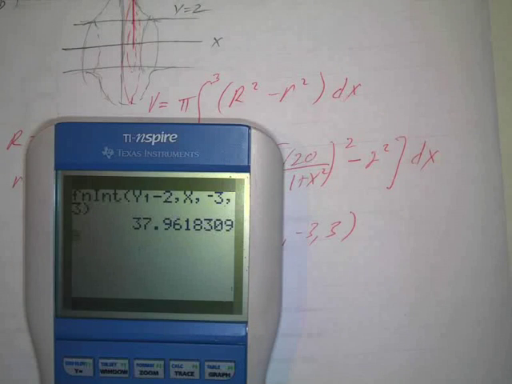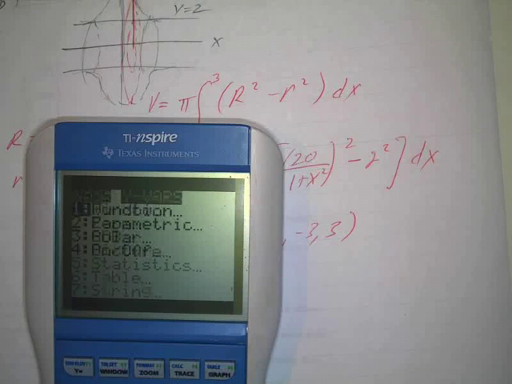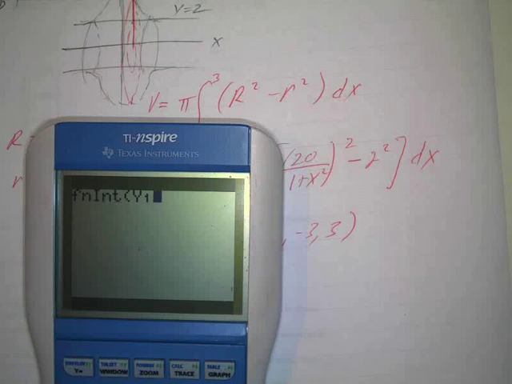So we go, turn this guy on, clear that, and we'll go math 9. Then we'll go var y vars. That's going to be my y1, and I got to square it. And then minus the little r, which was just 2 squared, which is 4, so I can just put the 4 in there, comma, x, comma, again, -3, comma to 3. And we get